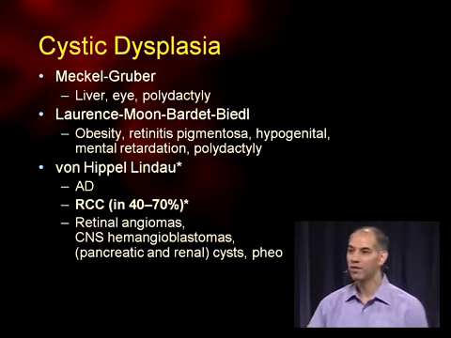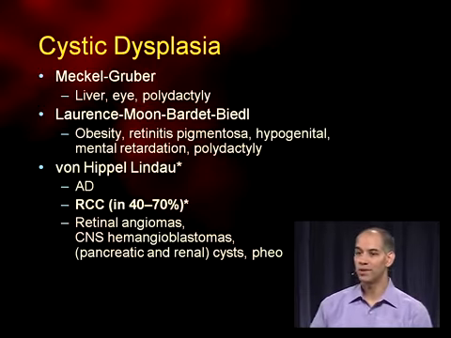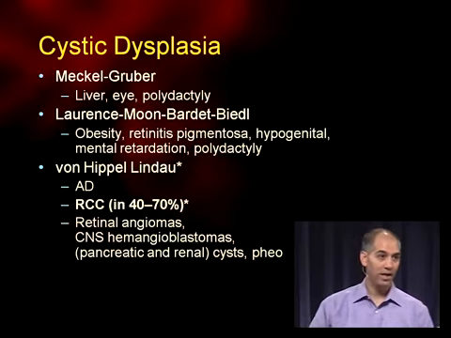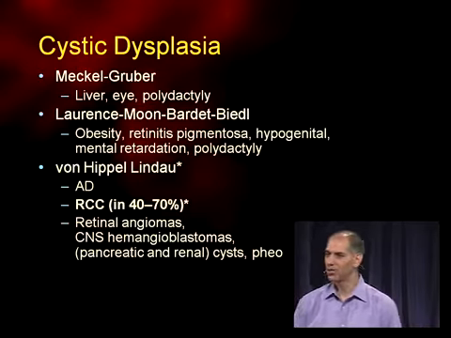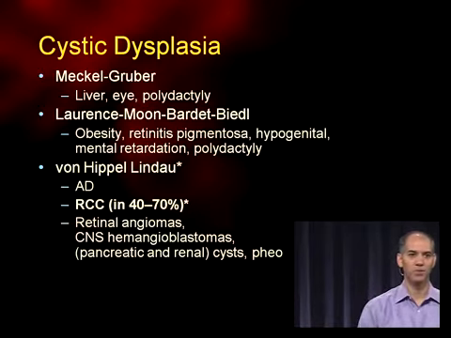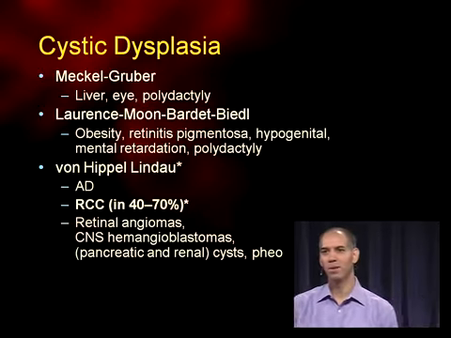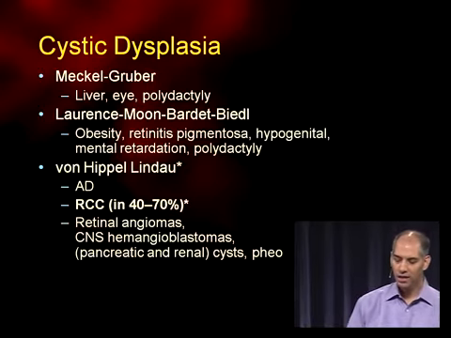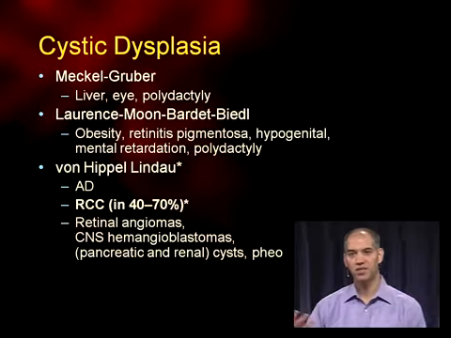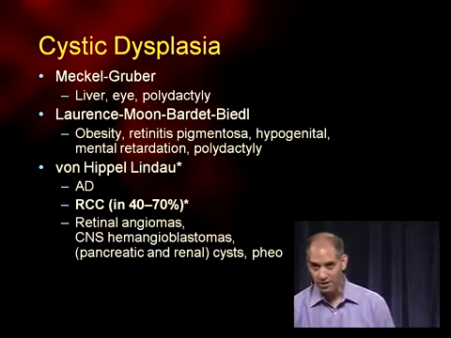cancer. Von Hippel-Lindau is an autosomal dominant condition. About half to three-quarters of them will develop renal cell carcinoma during their lifetime. And unfortunately, it's not just renal carcinoma that patients with von Hippel-Lindau get. They get multiple cancers all over. They get CNS hemangioblastomas. They get pancreatic and renal cysts. They get pheochromocytomas, so multiple